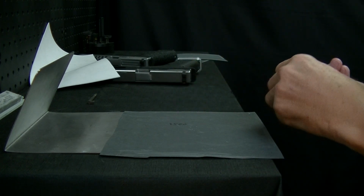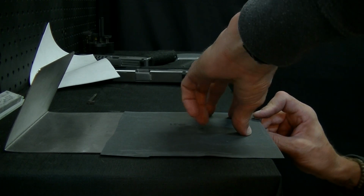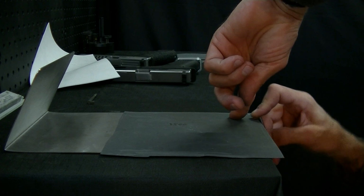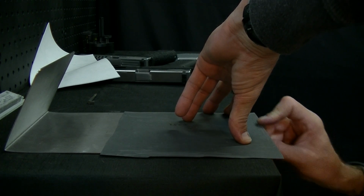Coming out nice. Yeah, you don't want to be like that. See how I'm angling it that way? You don't want to be over top. You want to be as flat as possible when you're...